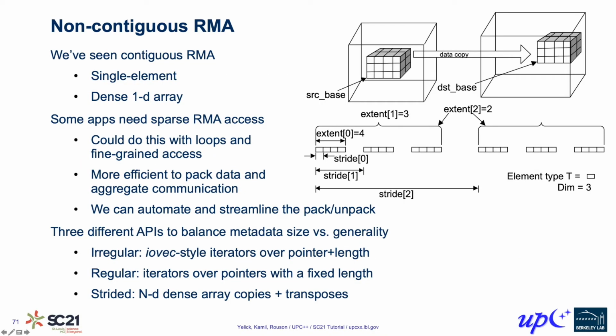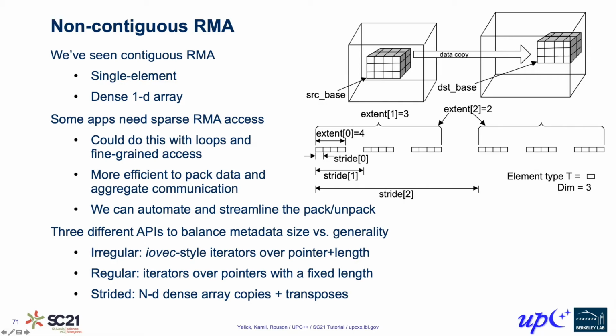Another advanced feature in UPC++ is non-contiguous RMA. We looked at contiguous RMA, where you have a source pointer, a destination pointer, and a count of elements, which results in a contiguous transfer from the source to the destination memory. This is sufficient for the 1D Jacobi example that we saw. However, if you're performing Jacobi iterations in higher dimensions, then the ghost regions are actually strided in linear memory, as opposed to just being a one-dimensional contiguous piece of data.